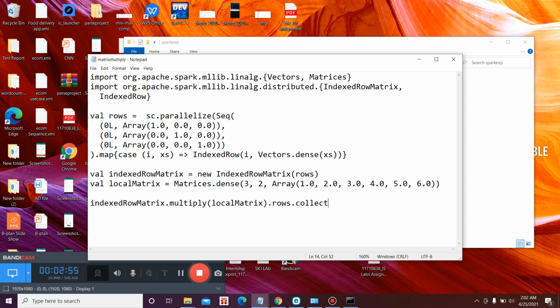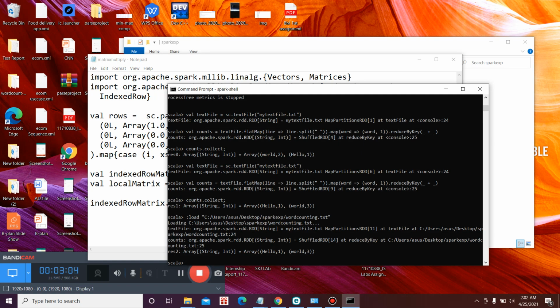To run our code, we need to go to Scala. As told previously, there are two ways to run the code. Either we can directly copy and paste the code, or we can specify the path of the code. So this time I'll use the path of the code to run it. So this is the function used. We use the load command and we just need to specify the location of the file, and here it needs the absolute path of the file to run it.